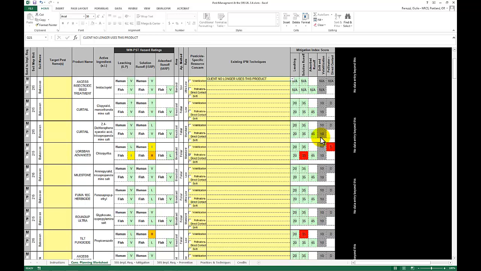That's the way it works. If we've met the criteria, we no longer need further mitigation. If, on the other hand, for this client, we'll assume that they are not implementing any IPM techniques, and this is how it stands, then at that point, what we would do is we would determine whether or not a